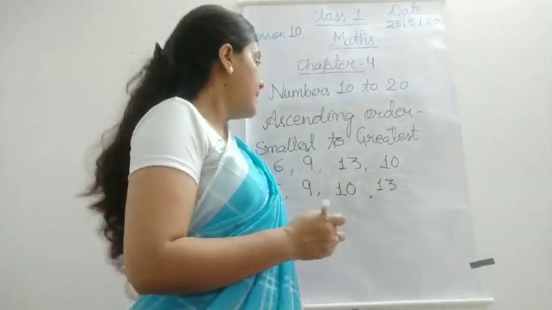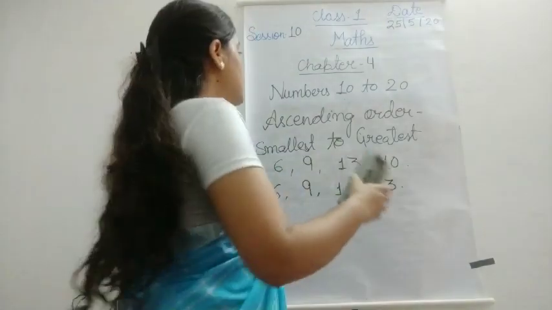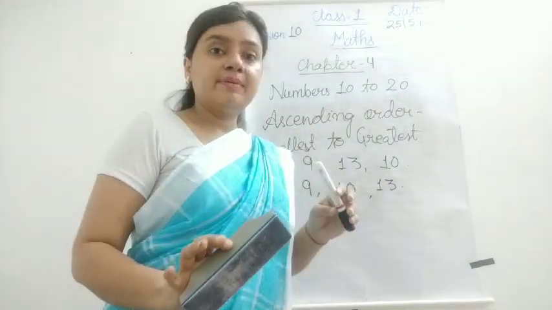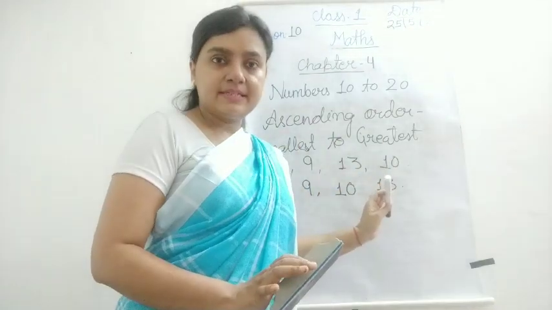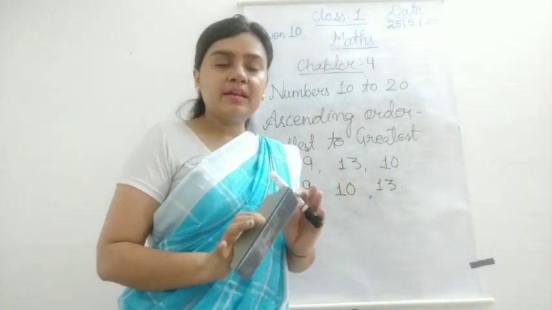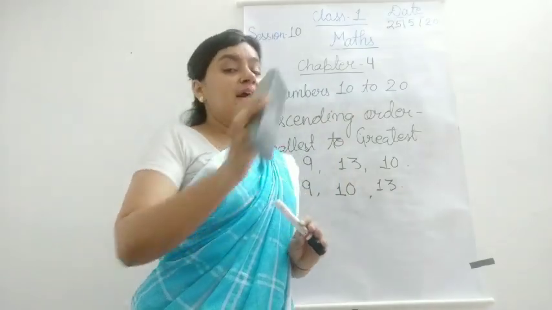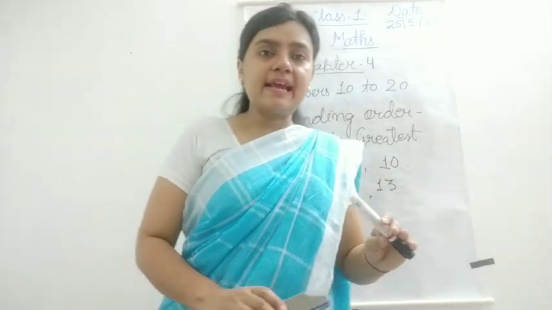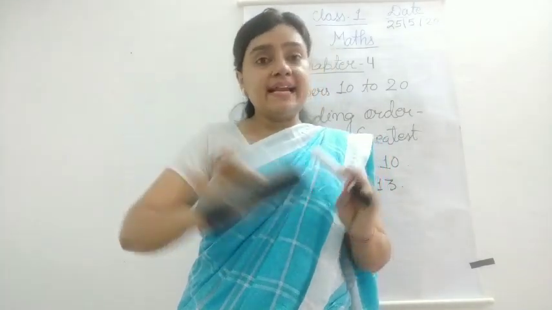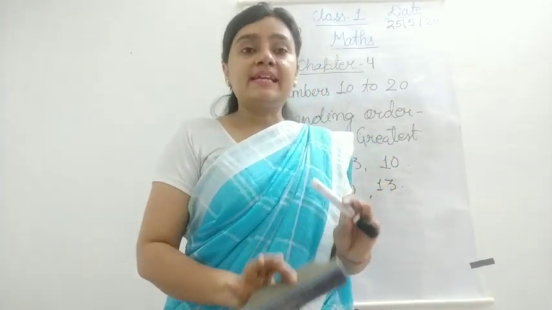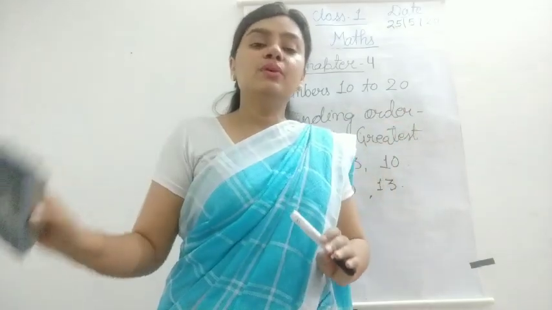Okay. Now next we will do what? Now we will go through ascending order. One more time I am asking, ascending order means what? Ascending order means smallest to greatest. As you all are standing in your assembly line now, smallest to greatest. At the first line, the smallest boy is standing, and at the back, the boy who has the biggest height is standing. That is only ascending order, smallest to greatest.